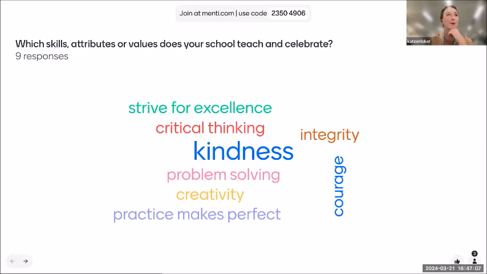Thank you to the people who are adding. We've got truth, justice, and perseverance in the chat. We've got striving for excellence and critical thinking up on the word cloud, integrity, kindness, courage, problem solving, creativity, and practice makes perfect, which I love, which is an interesting one